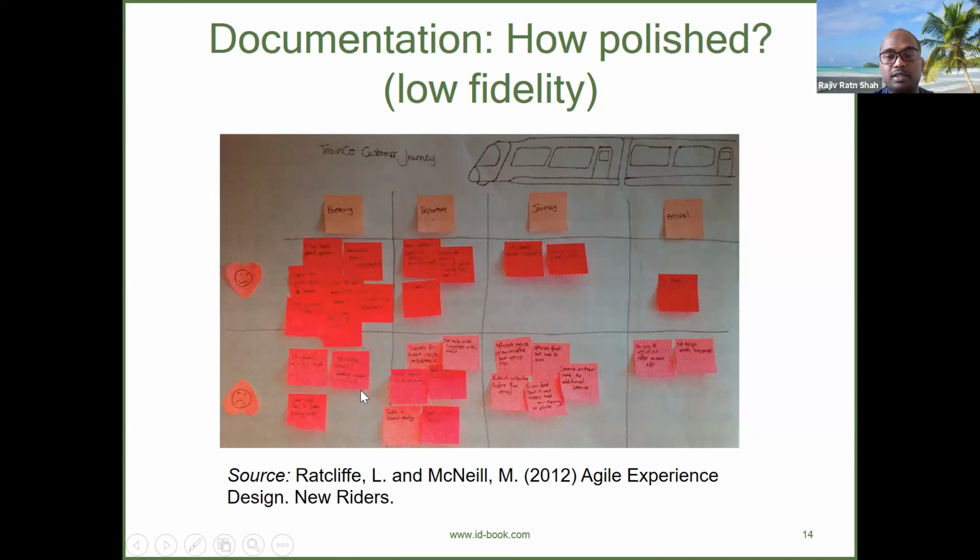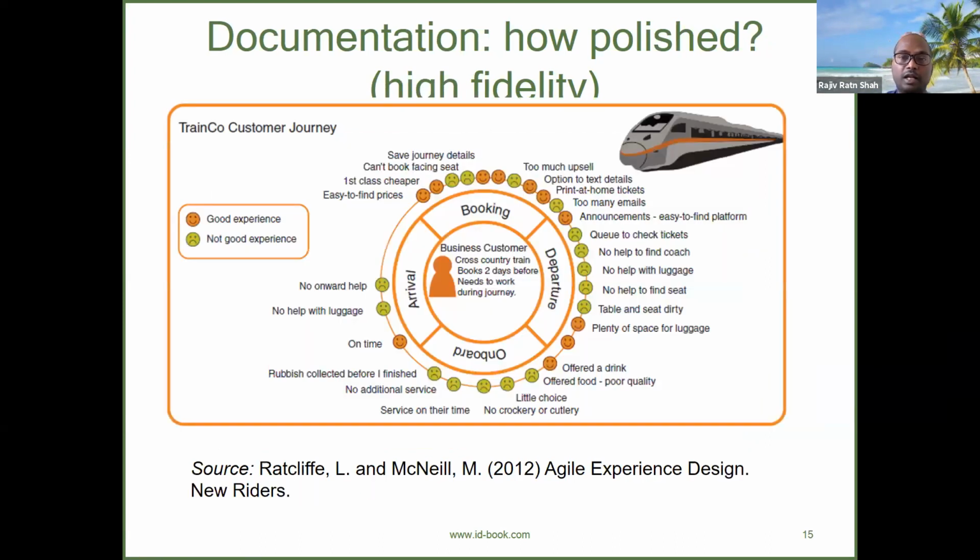In this low fidelity, you have just this storyboard, and in this way these cards can help you, right? And if the developer can develop whatever things are needed just based on this information, then why do you need to create a 100-page document for that, right? So to make it more clear, from the low fidelity you can create a high fidelity documentation, which is very small, very concrete, and not too detailed as well.